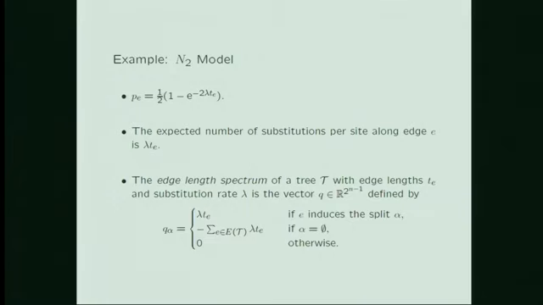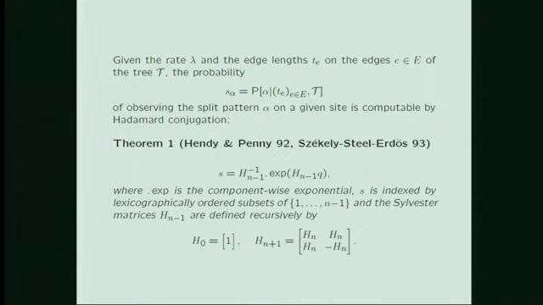You give it this number here, and then there's a theorem by Hendy and Penny, which is later generalized, that shows that given the vector q, you can easily deduce the vector that gives you the likelihood or the probability for each split pattern to occur. So given an alpha, I can ask what is the probability that the split pattern alpha